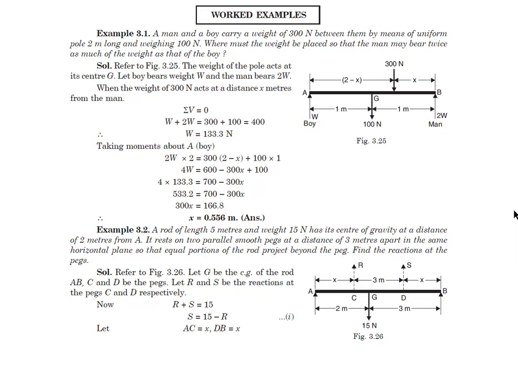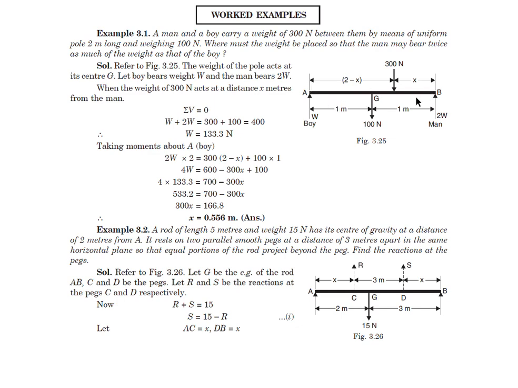Continuing with our topic of moments, let us now discuss some examples. Example 3.1 states that a man and a boy carry a weight of 300 Newton between them by means of a uniform pole, 2 meter long and weighing 100 Newton. Where must the weight be placed so that the man may bear twice as much of the weight as that of the boy? Now, if you see this, correlate this statement with this figure,